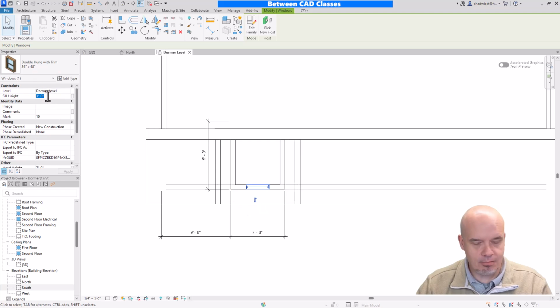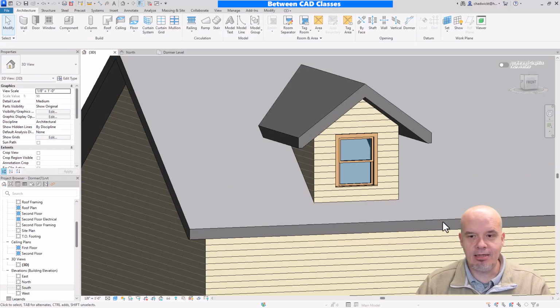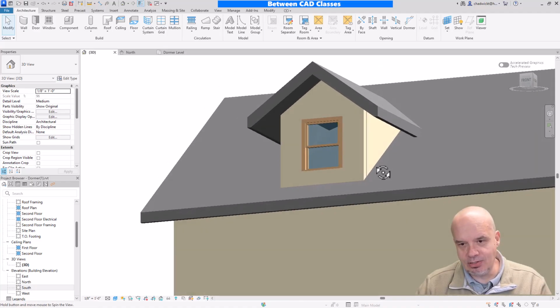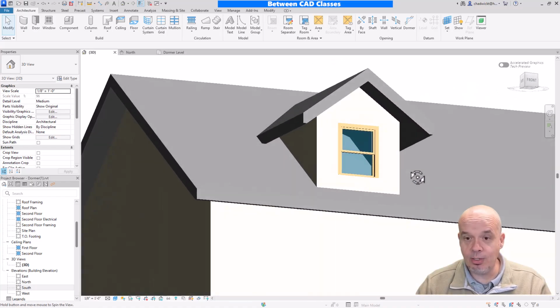Instead of 3 feet above the dormer level, I want it to be 3 inches above the dormer level. So I'll put in a 0 space 3 and enter, and then take a look at it in 3D. Now I can see my double hung window in there. I can also see that I still have a roof in there, so I'm going to need to cut that